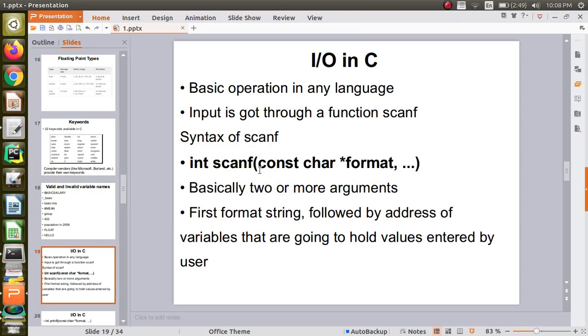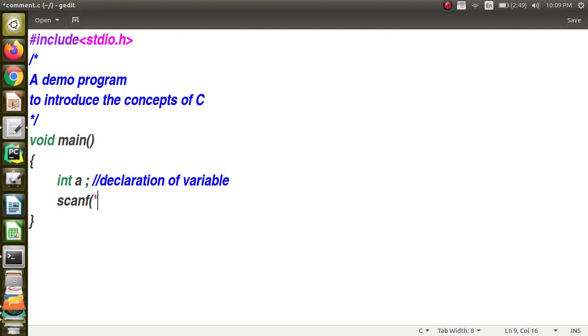The first parameter that is expected for scanf is the format string. Strings should be enclosed within double quotes, and there are predefined letters for each data type. So when I am going to have an integer variable, I should put a d.